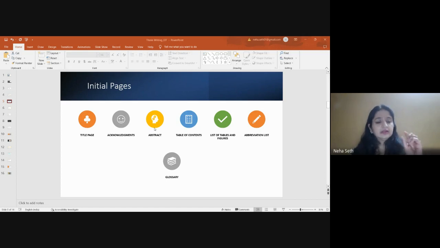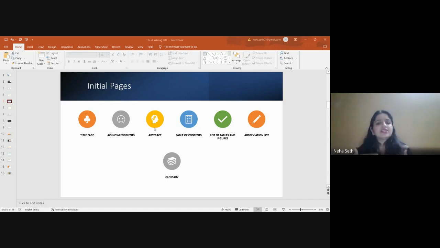We need to give this because sometimes what happens, if you are sending your thesis for evaluation to any evaluator, the whole soft copy of the thesis doesn't go for examination from the office. First of all, we send the abstract to the evaluators. They read the abstract. If they find it interesting, or if they find the area is relatable to their area of expertise, then only they accept your thesis for evaluation.